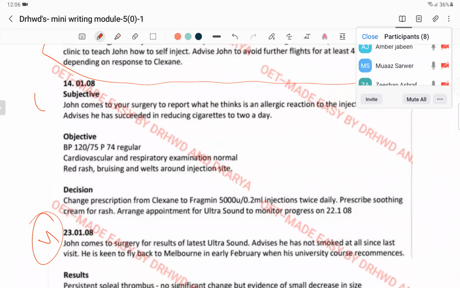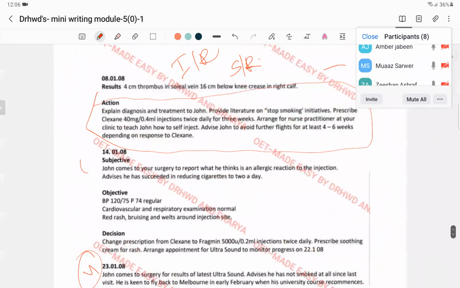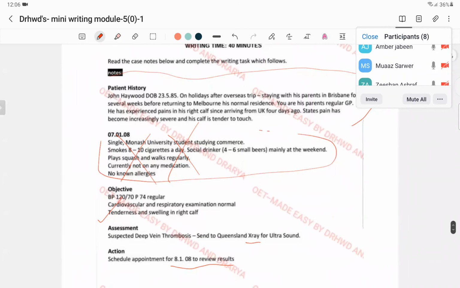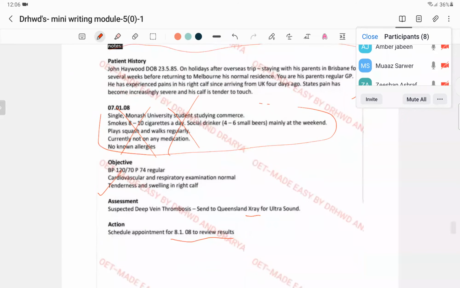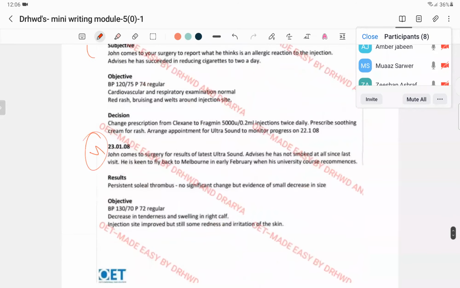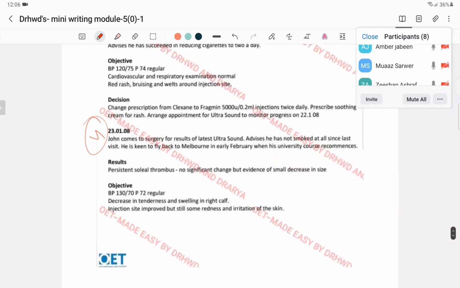Now, what I want you to do is, you guys have 8 minutes, which is a lot if you ask me. 8 minutes for you to write his first 3 visits. If you want to write the social history, go ahead, it's your choice. You guys have 8 minutes to write his first 3 visits. Trust me, it's not much.